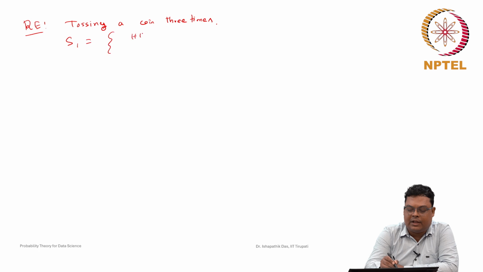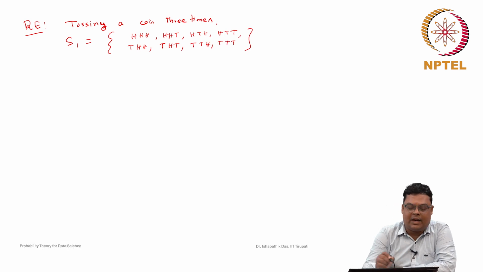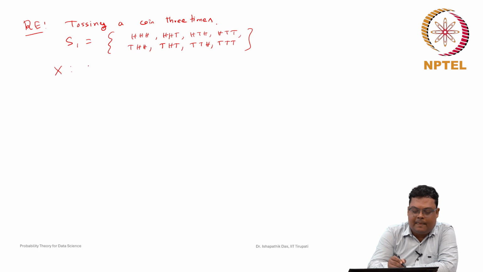Whenever you are tossing a coin 3 times, we just discussed that this sample space S1 contains 8 elements: head head head, head head tail, head tail head, head tail tail, tail head head, tail head tail, tail tail head, and tail tail tail. So these are the 8 elements it contains, and we define the random variable X as the number of heads